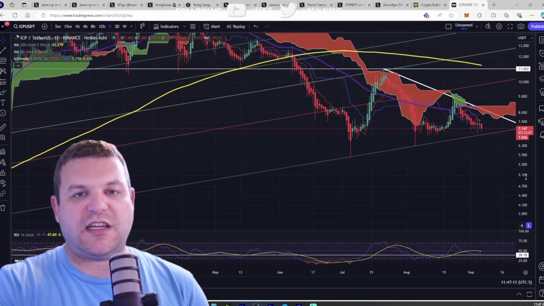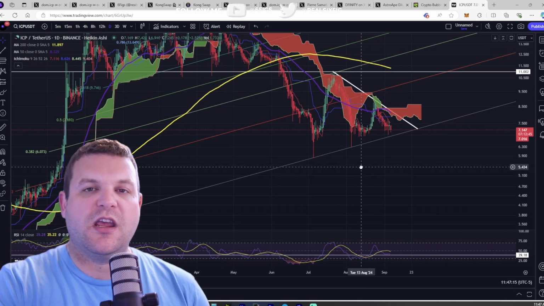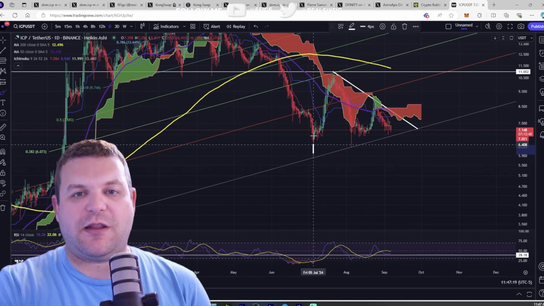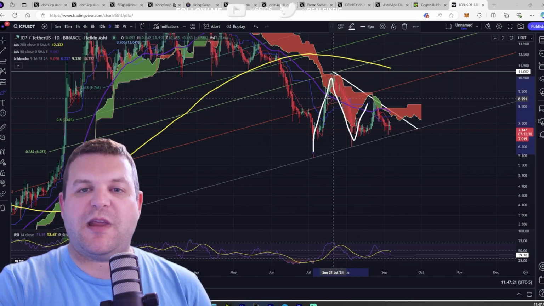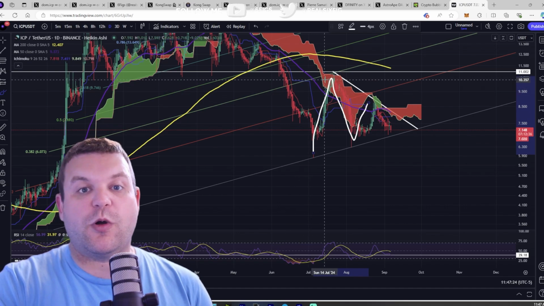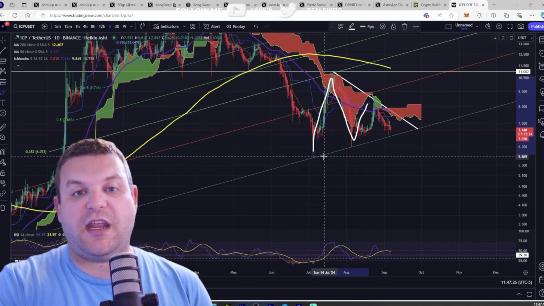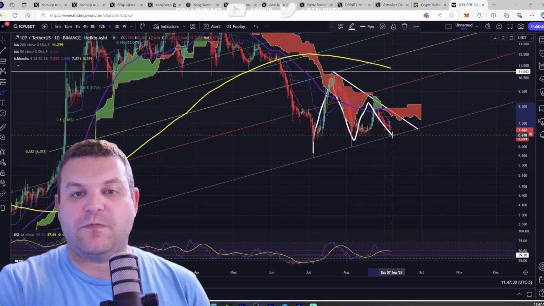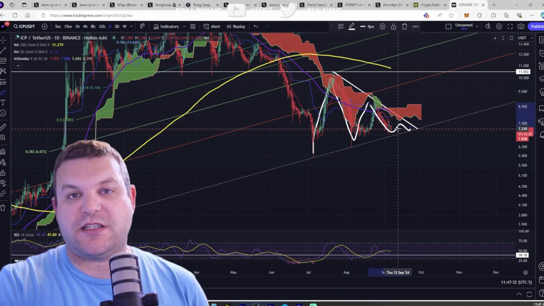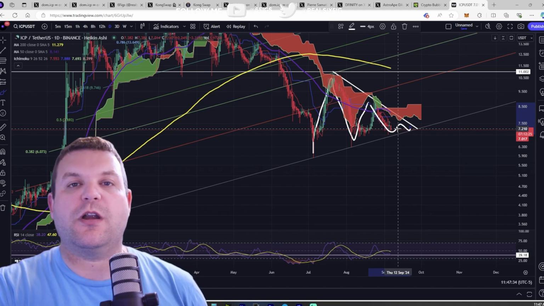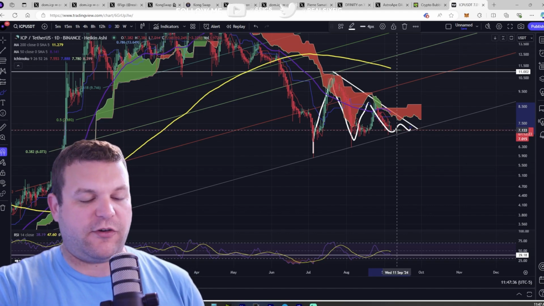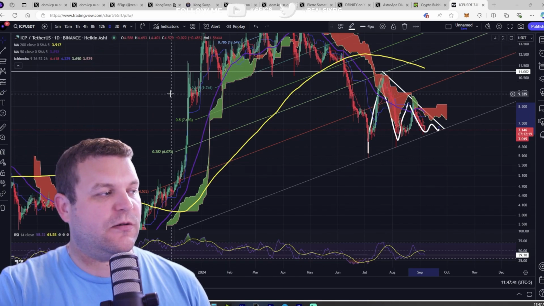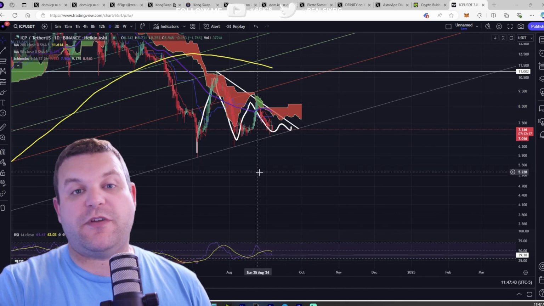Now, we are seeing the price squeeze. Whenever you hear of somebody talking about the price squeezing, this is what they mean. The price is making lower highs and higher lows, and it's just squeezing into a pattern like this, for example, or a falling wedge or an ascending triangle or whatever. So we have this happening, and a couple years ago, I coined the term Fibonacci sliver.